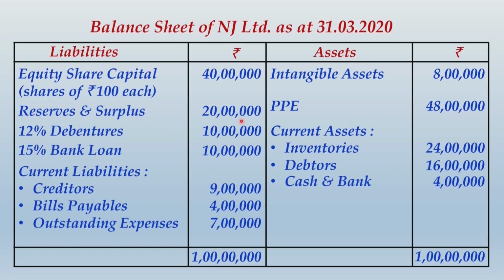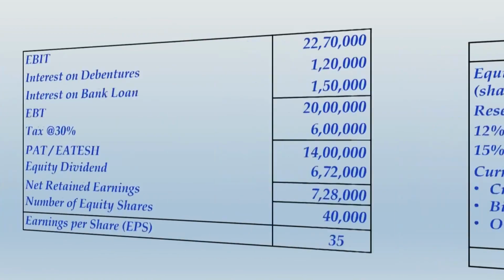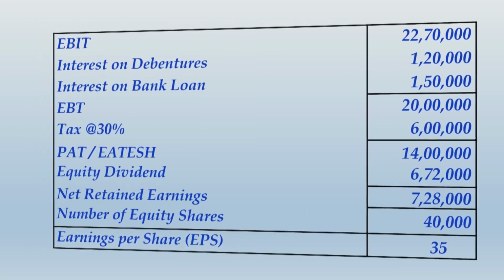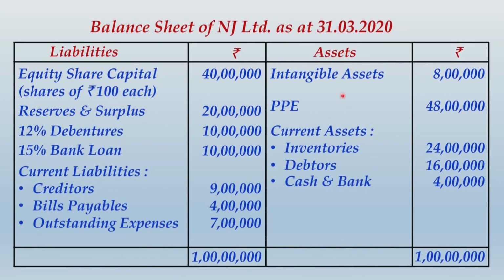reserves and surplus, there is a change. So how do you reconcile the component of reserves and surplus? Look at the balance sheet at the beginning of the year, the opening balance sheet, and look at the amount of reserves and surplus given over there. And then just let me take you back to the previous slide. Can you see the net retained earnings which will be added to your old balance of reserves and surplus? After adding this 7,28,000, you must be getting the final balance of reserves and surplus by end of the year as 20 lakhs.